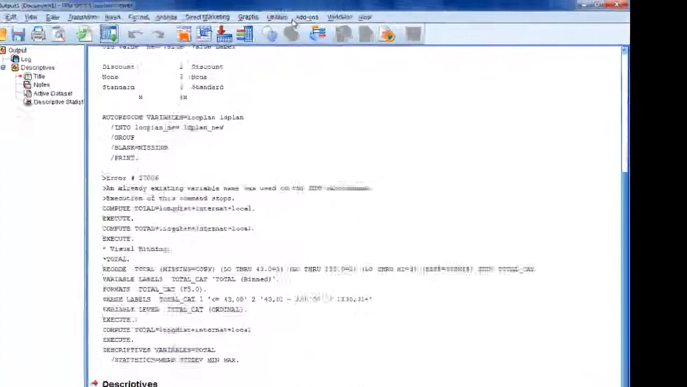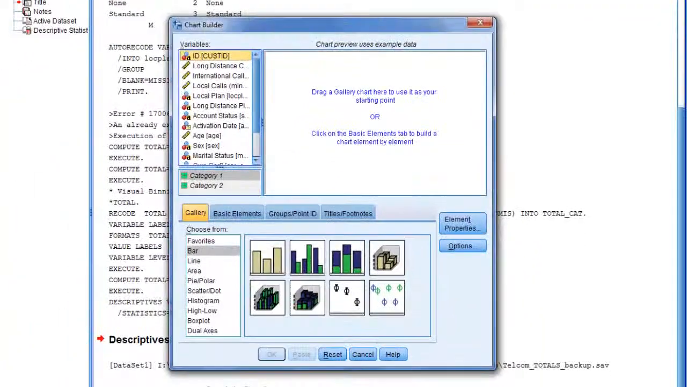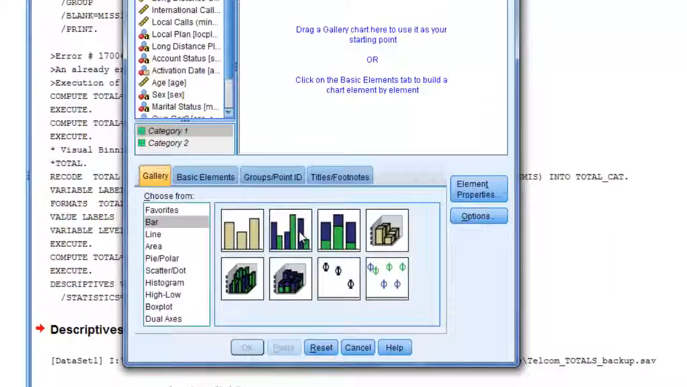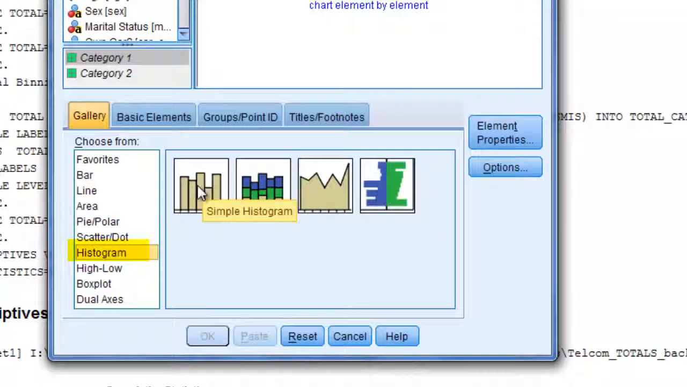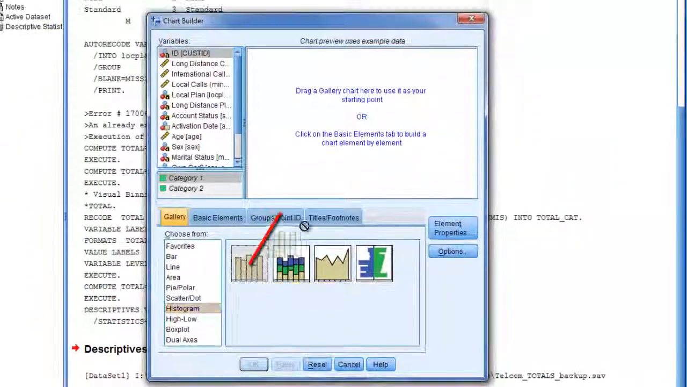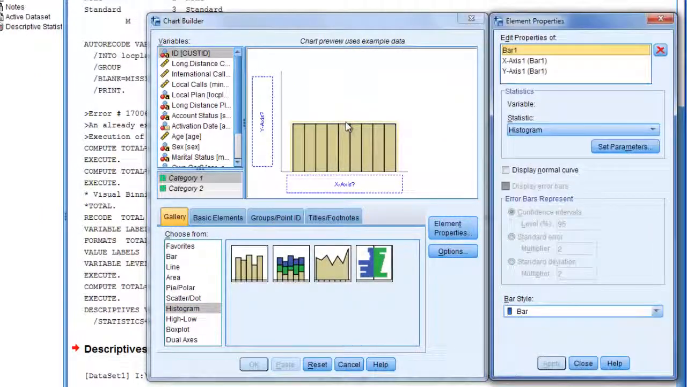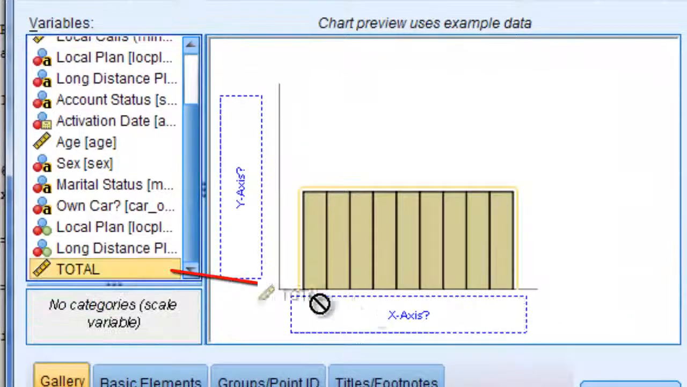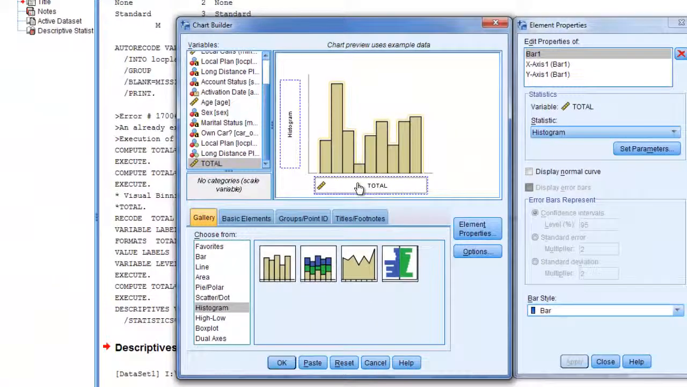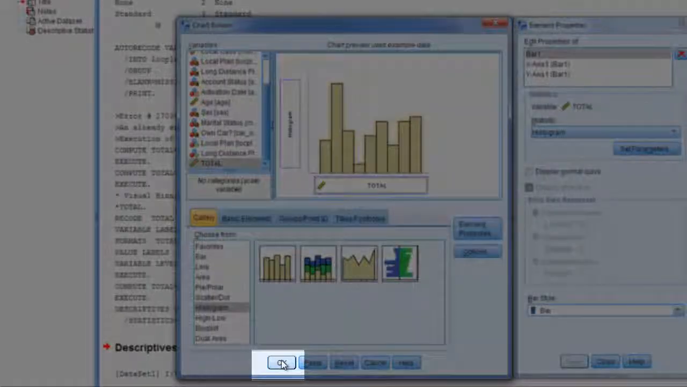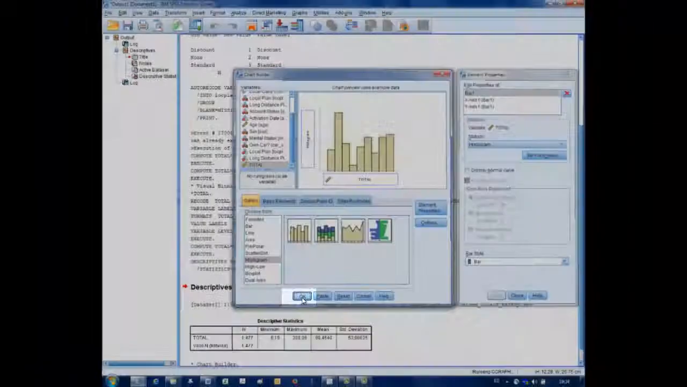to represent this scale variable: Graphs, Chart Builder. Given that I'm trying to explore the distribution of a scale variable, it doesn't make sense to use a bar graph. The typical graph you use to explore a scale variable at the very beginning is a histogram. I'm not going to use any kind of split variable, so what I need is this basic chart here. The variable I want to represent is total calls, so I drag this variable into the x-axis here, and that's all. If I want to see a standard histogram, I click OK, and what I see